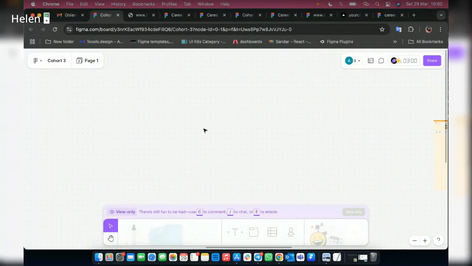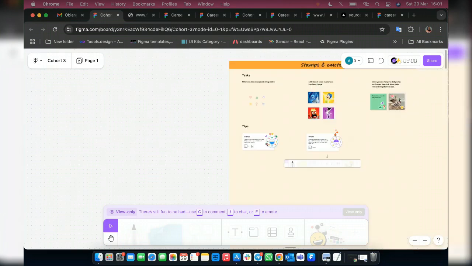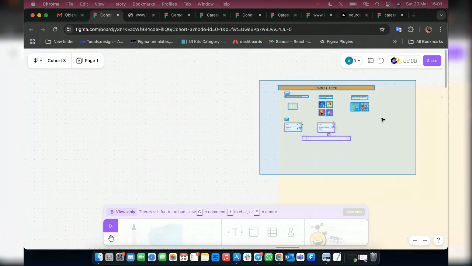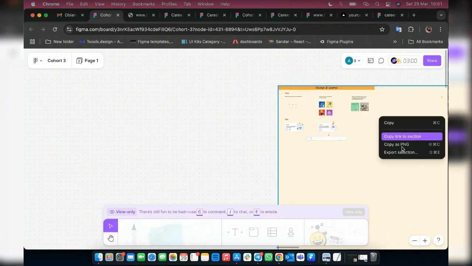I can't even delete. For example, if I want to delete this, I can't delete it. I can only highlight. I can only copy as PNG or copy the link. I can't do anything. But if I come to this particular file,